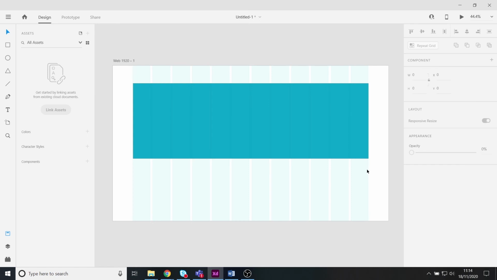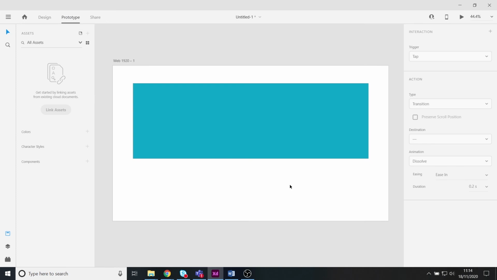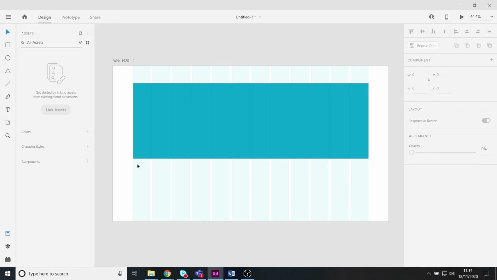Now, as we've added a bit of content, you may wonder what's actually going to be shown. So if I now show you prototype, you can see it's removed the columns and it's just showing you what would actually be displayed on the finished product. Okay, go back to design. So these are not shown. So if we wanted to add a few more boxes,